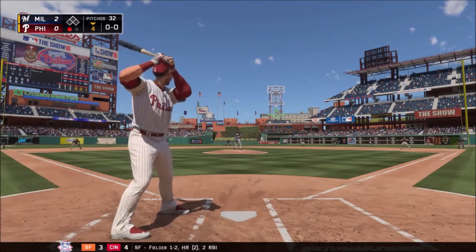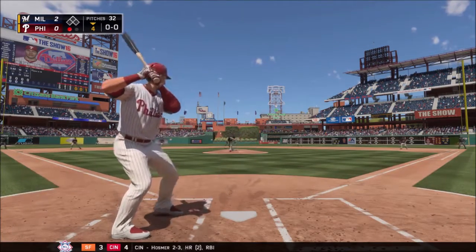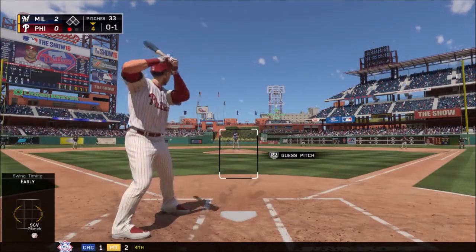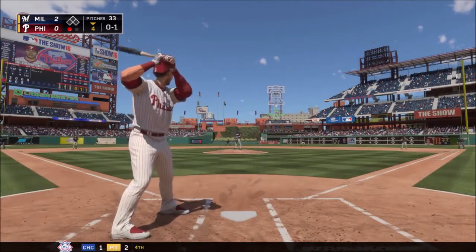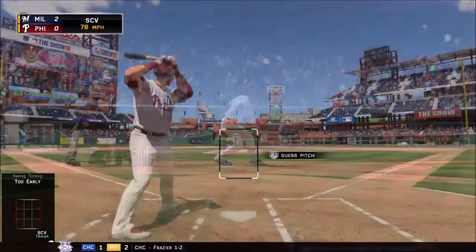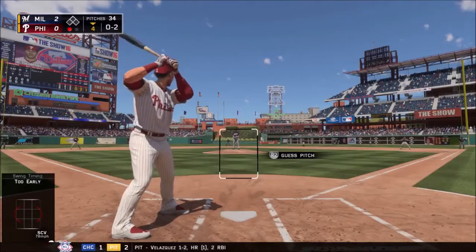Yeah, he just uppercut a fastball. That top hand kind of dragged through the zone, which caused the bat head to drop a little bit. Oh, he looks like he's swinging a garden hose out there as this is cut on and missed for strike 1. Looking at Tulowitzki up there, you can't help but think of all the honors that have come his way,